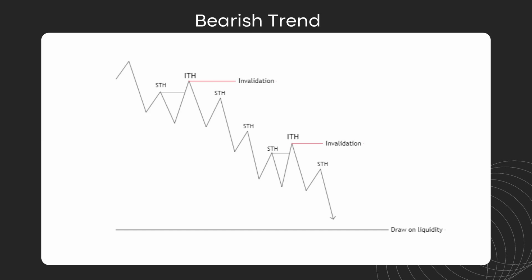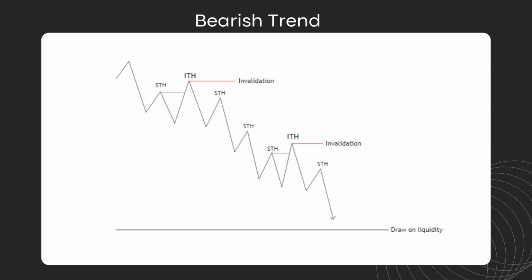So right here again you can see that price is consistently breaking below lows and rejecting above highs and is moving towards the higher time frame objective or drawn liquidity. We know that each of these highs and lows are basically classified as short term highs and lows without any confusion or doubts whatsoever, right? Now the way we classify an intermediate term high is in the following manner. We wait for a short-term high to be rejected, meaning we look for price to reject or go above that short-term high to take out liquidity. And then once price does that and it expands lower again and forms that new short-term high after that rejection,